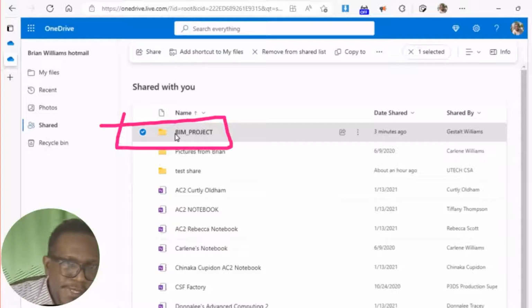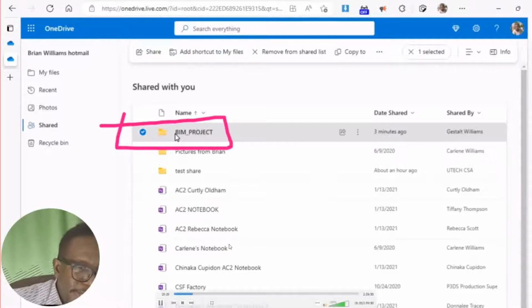Now the next important step is that we need to add this BIM project folder to each user's OneDrive folder. And to do that, we're going to choose this option here which says